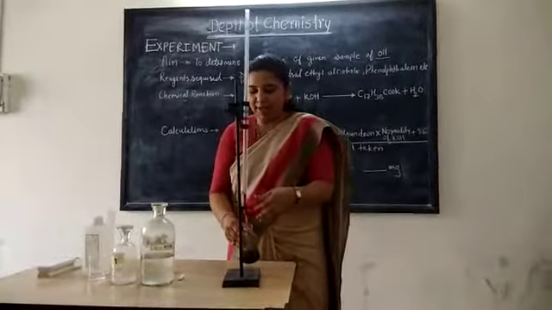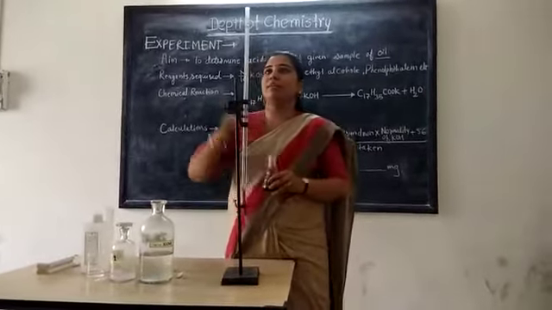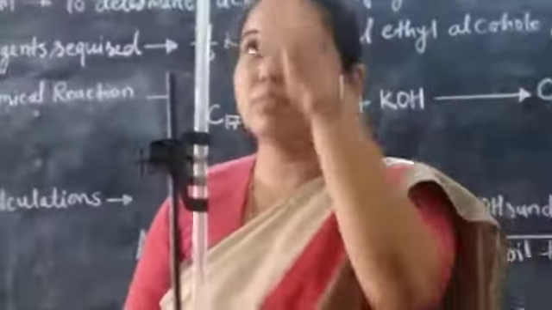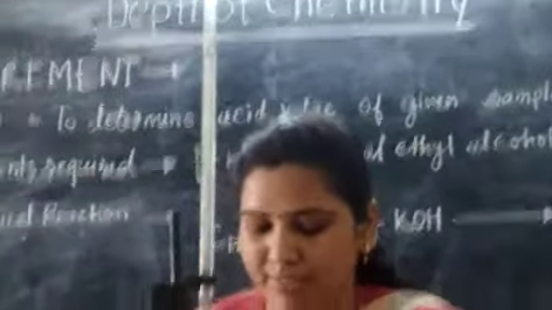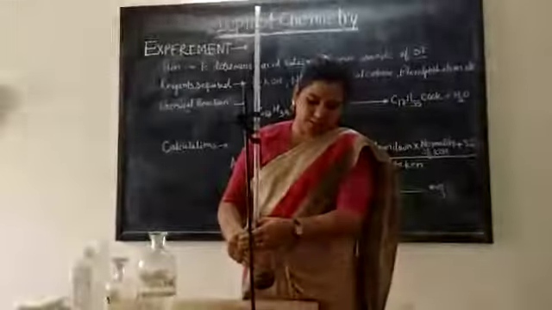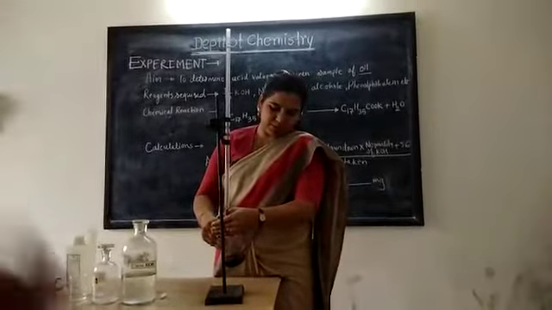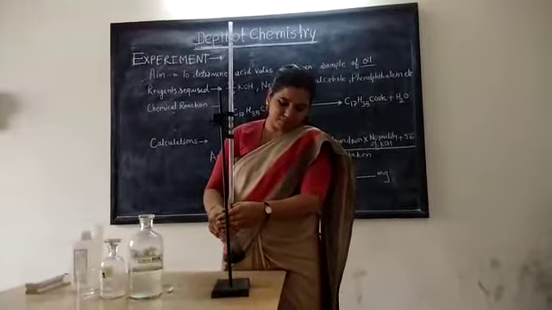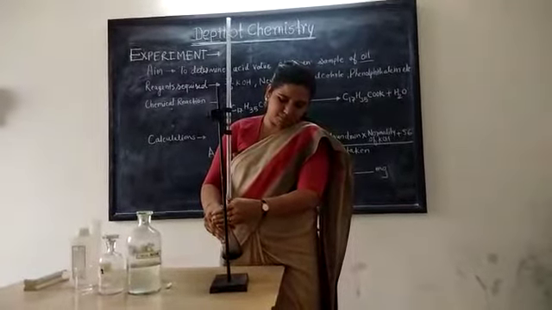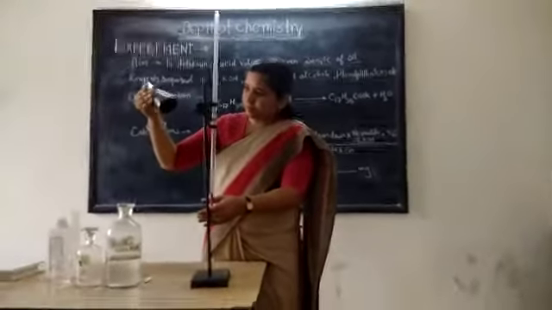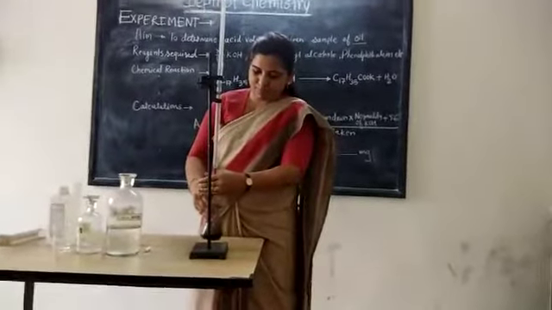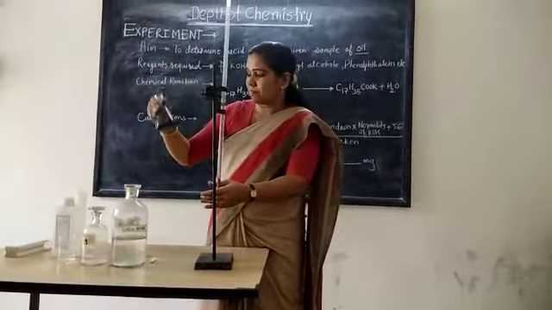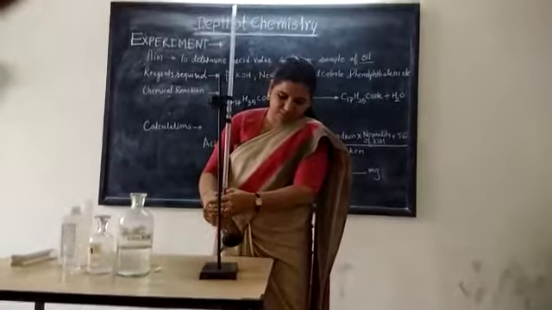You can see here, I will add. First of all, KOH is totally filled into this burette up to the 0 mark, as this burette is of 50 ml, from 0 to 50, from upper to lower. And here I am going to add KOH drop wise through this burette with shaking of the solution. So continuously I will shake this solution.